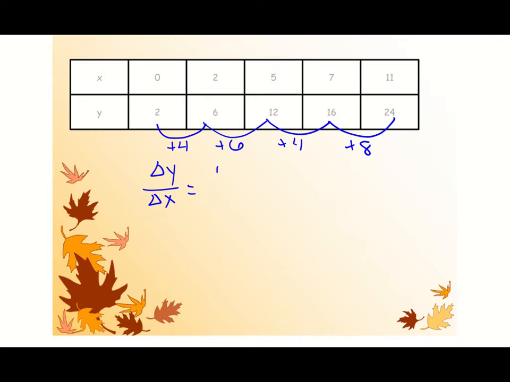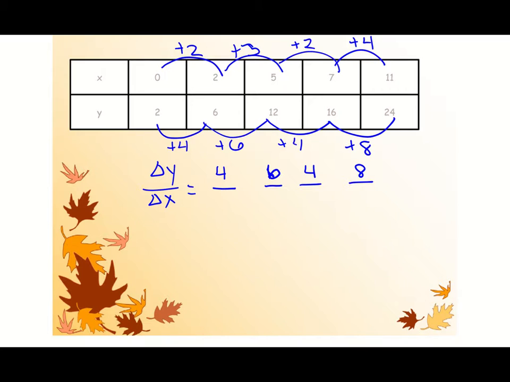So I had a 4, I had a 6, I had a 4, and I had an 8. I'm just going to put those on the top of my fractions for now. Let's jump up to the x. So here I had a 2, and then I had a 3, I had a 2, and I had a 4. So I'm going to put those same changes that go with